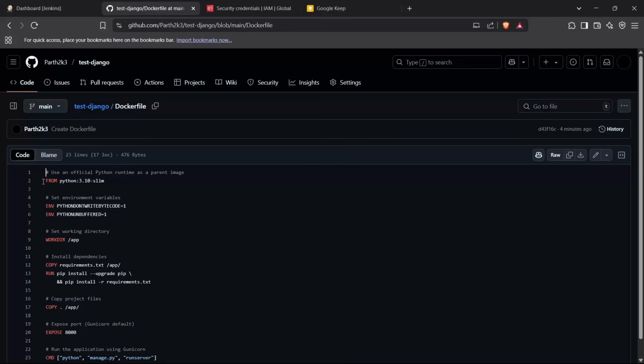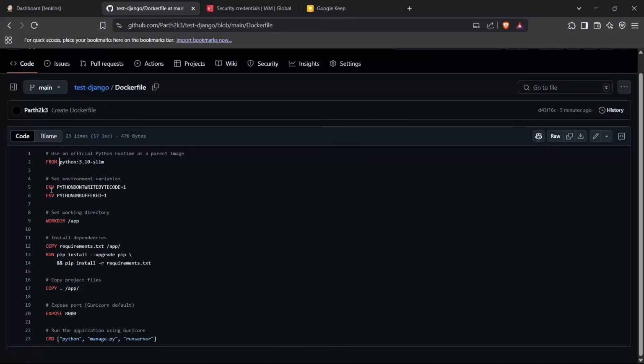It is just a basic Docker file for that. And that's just importing the Python Slim version, setting up my environment variables, setting the work directory, and copying the requirements.txt to app, and then running some installation of requirements.txt, again copying the root of my directory to the app and exposing the port 8000, which is the default port for Django. And then I can simply run the command python manage.py runserver, which is the start command for a Django